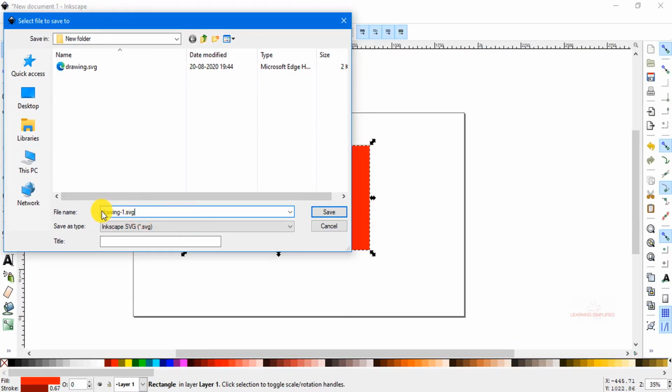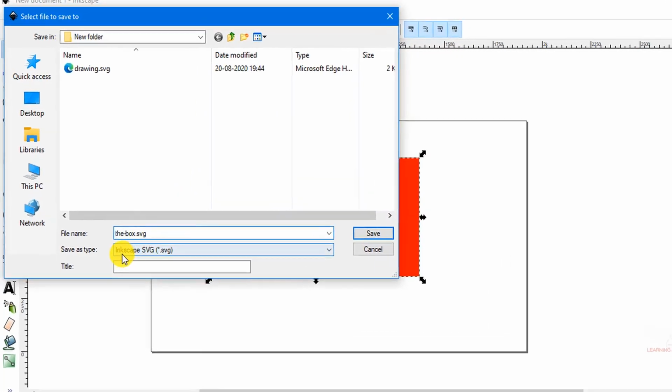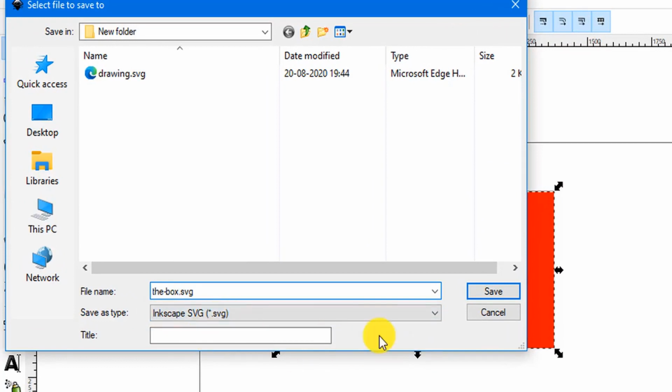Like for the present moment, we might use it as the box. So we are saving this element as a name, the box.svg, and we can see that this is the inkscape.svg here.